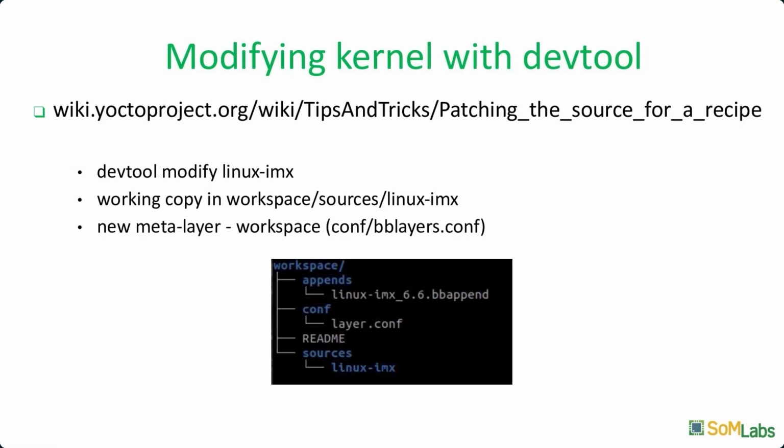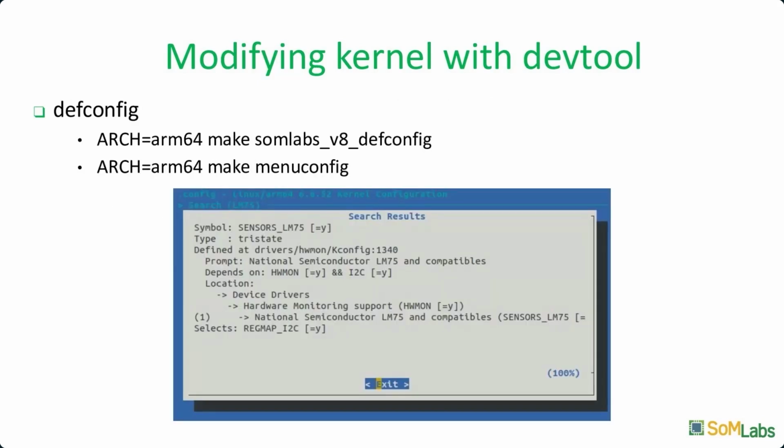For me, it's the easiest way to make changes to a software component. The workspace that is created this way in the build directory, in the workspace subdirectory, is just another meta layer, like meta-somlabs. The workspace is included in the build procedure of BitBake. So when we have the sources extracted to the directory, we can, for example, add other drivers, like in this example. We can use the